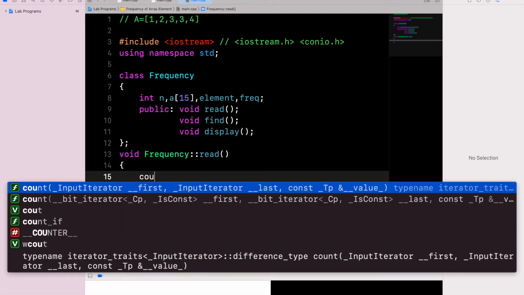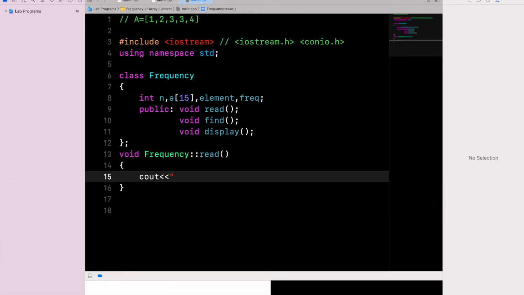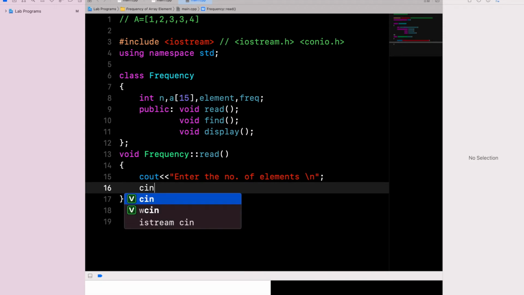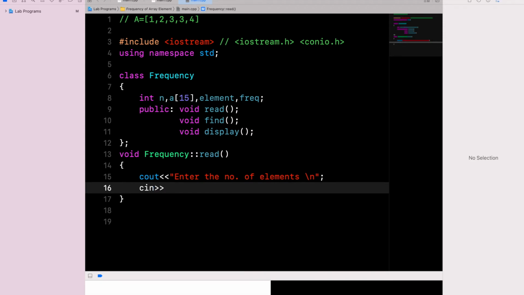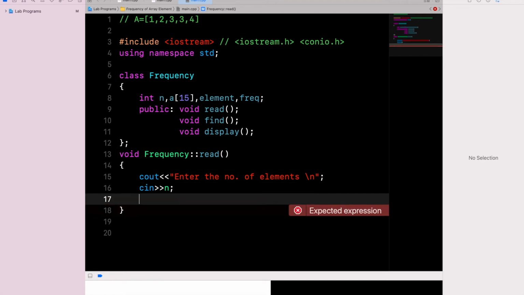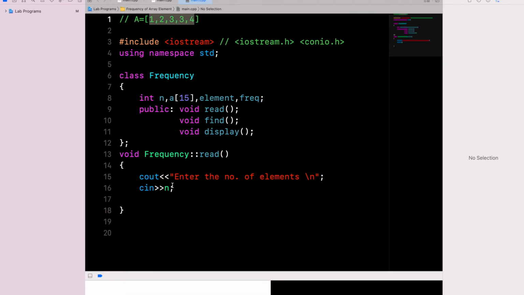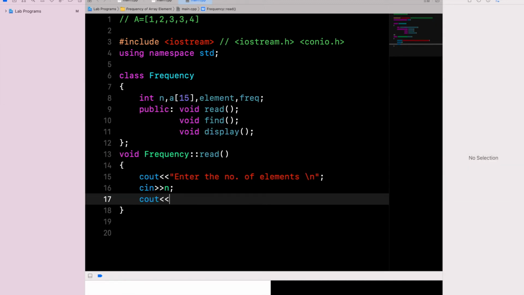So let's give a statement saying enter the number of elements, and we're going to be taking that and storing it in the variable n. So now we have to take the array elements from the user. So for that, let's just print another statement. Enter the array elements,